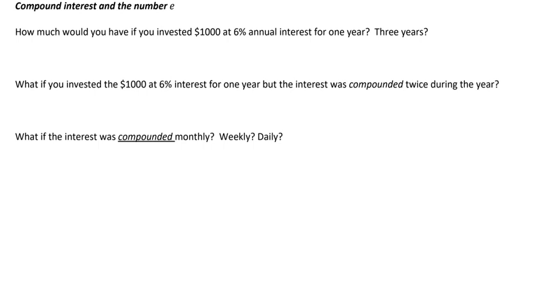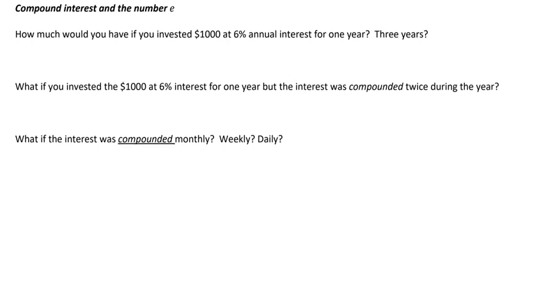Hi everyone. The next thing we want to work on is getting just a little bit of familiarity with the number e. This is a number that has some really beautiful properties and it's incredibly interesting in calculus. But for now, we're going to work our way up to it through an application. One of the really nice applications of this number, and it's definitely not the only one, but it's compound interest. So we're going to play around a little bit with compound interest and get a compound interest formula and use